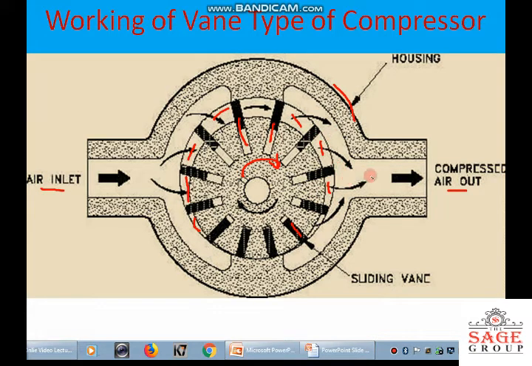But when the air reaches this section, the compressed air from the receiver will come back here, and this air will mix with the air handled by these vanes, and when this pressure is more than the receiver pressure, the air will pass through this section. So in the case of the vane type of compressor, the compression takes place first by isentropic compression, which occurs in this space, and then the backflow of the air causes irreversible mixing as well as constant volume compression.